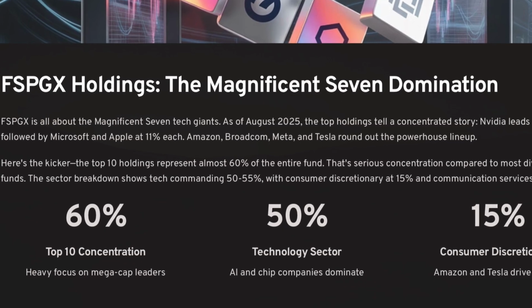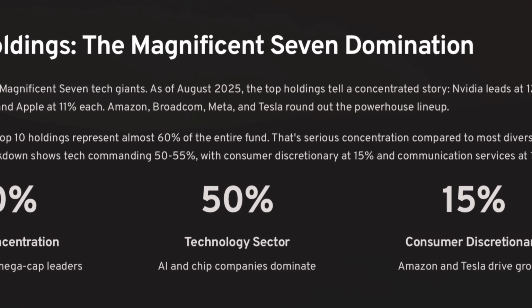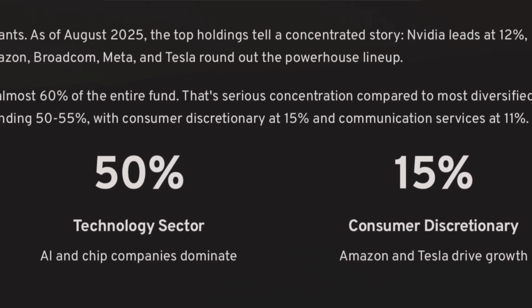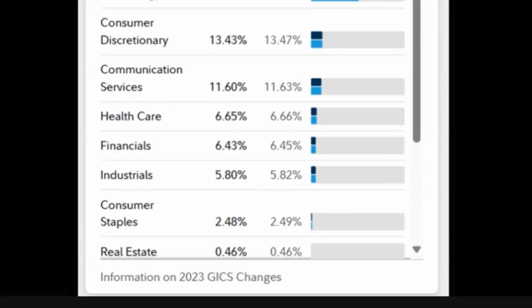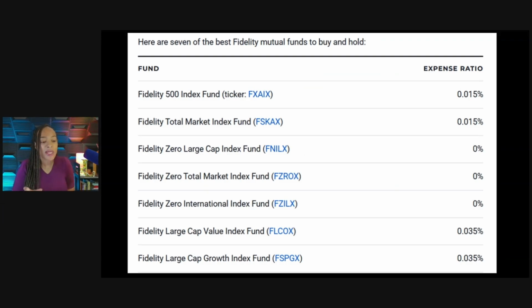And then when it comes to the sectors that you get exposure to, you're getting 50 to 55% technology. Think AI. About 15% consumer discretionary, like Amazon and Tesla. 11% communication services, Meta, Google. So, with the way things have been moving related to AI, this fund has been able to shine. But of course, you have to be mindful that when tech crashes, a fund like this is going to be hit hard. So, as I said, I'm adding this to my portfolio to give additional growth, but I'm getting my